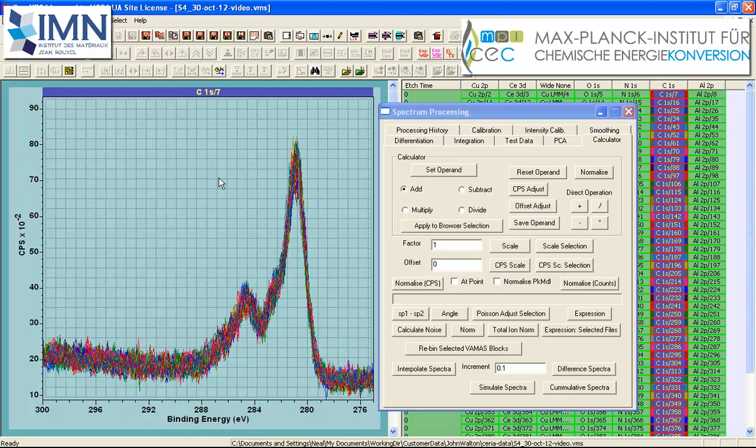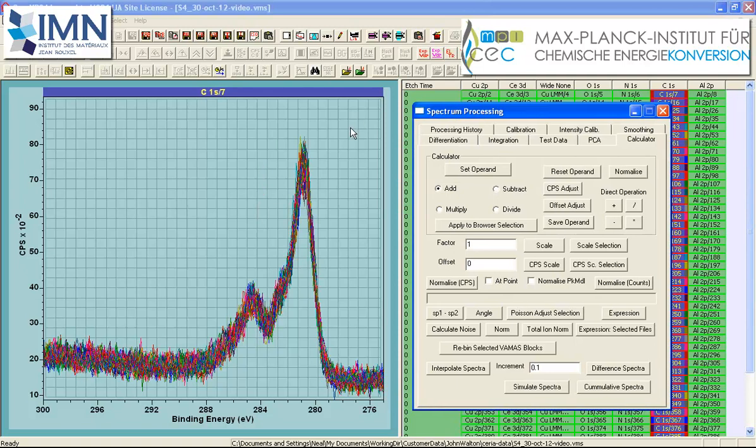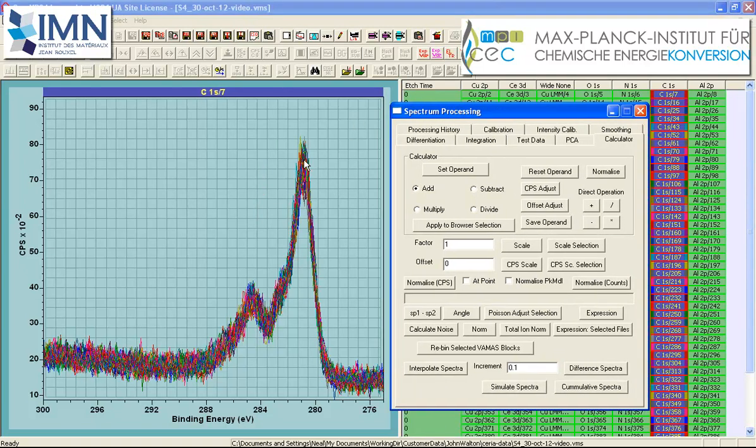So I've got these data overlaid in the active tile. I need there to be one tile, so I now have the data prepared as I require. There's no scroll list here anymore. This is the only tile, so when I press cumulative spectra,